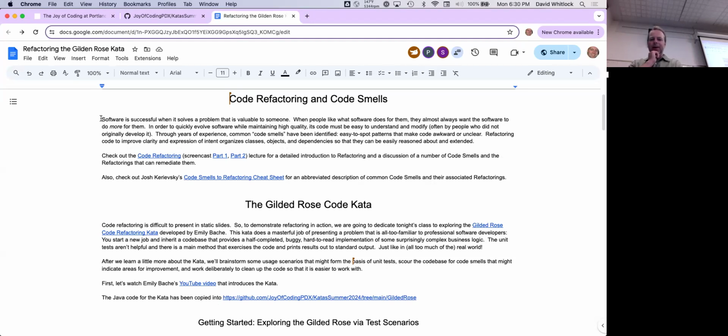Now, over years of software development, there have been what are called code smells identified that point to things that are awkward or unclear that can get in people's way.